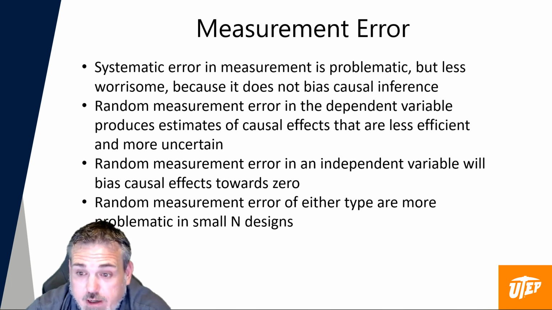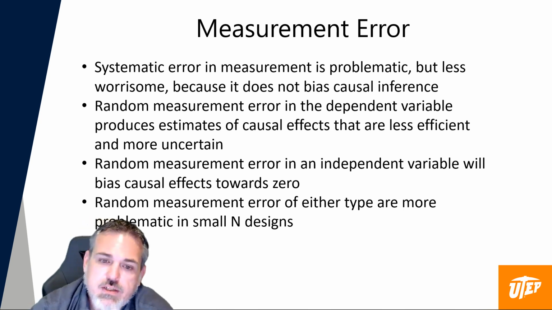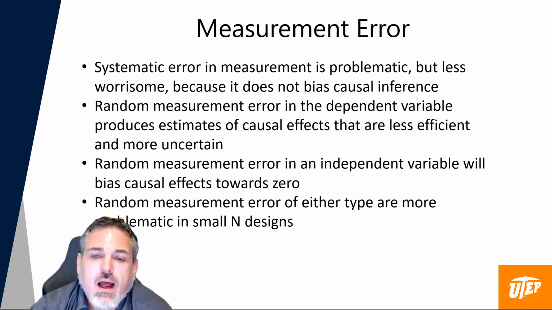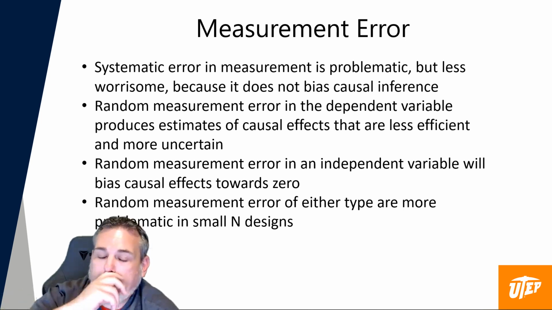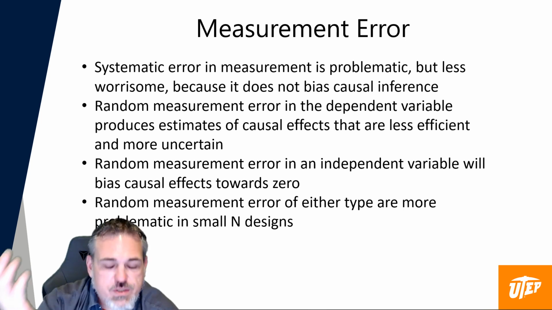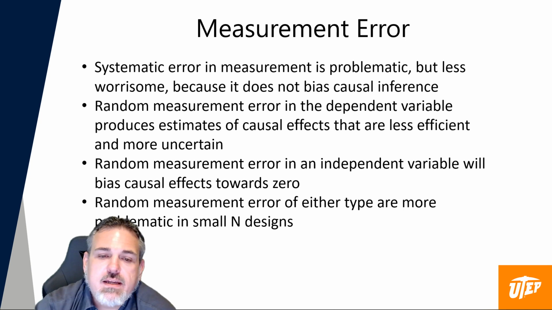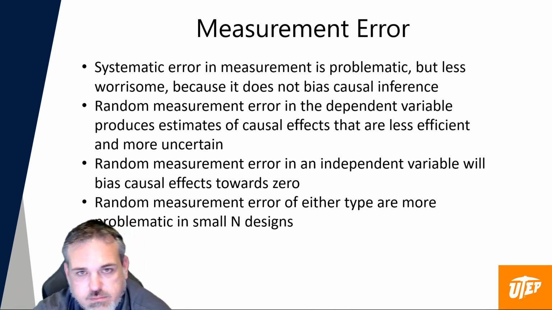Random measurement error, however, is significantly problematic. So random measurement error in the dependent variable, that being the variable that we're trying to predict, produces estimates of causal effects that are less efficient and more uncertain. So let's say that, we'll use the meat thermometer example again. Let's say that the meat thermometer is perfectly accurate, perfectly fine,